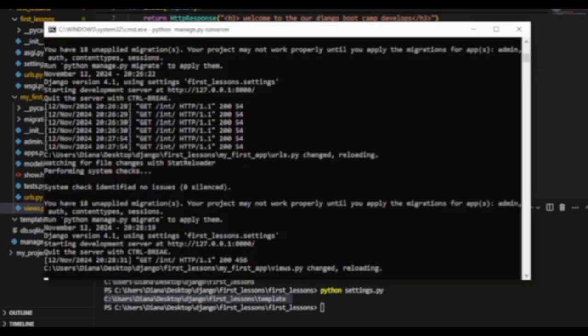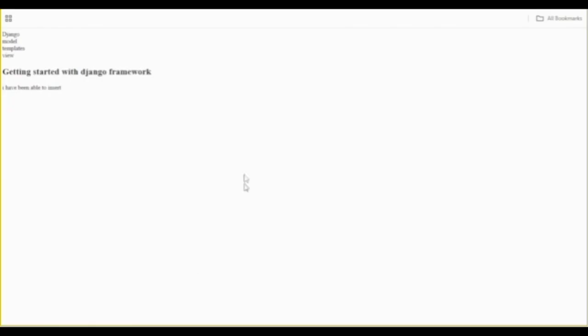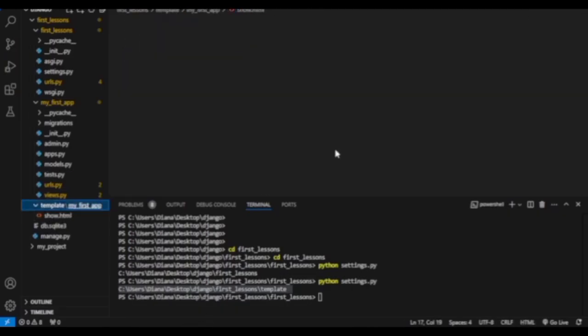Let me see if I have an error. I don't have an error, so let me just refresh. Oops, template does not exist at what end. Template does not exist at what. Okay, so since you have a similar fault here, so let's try to